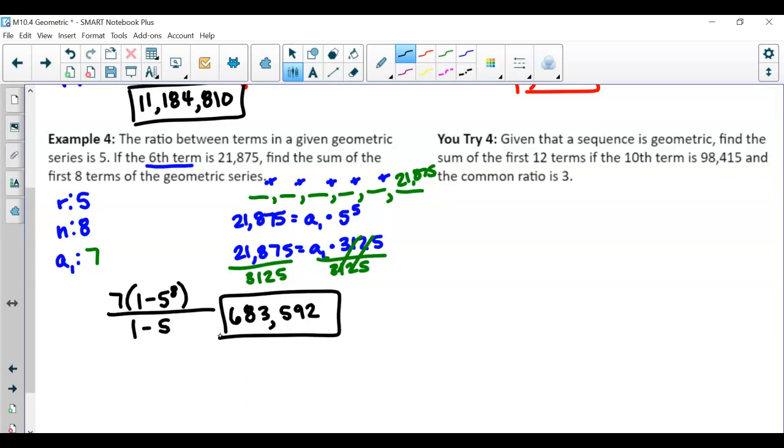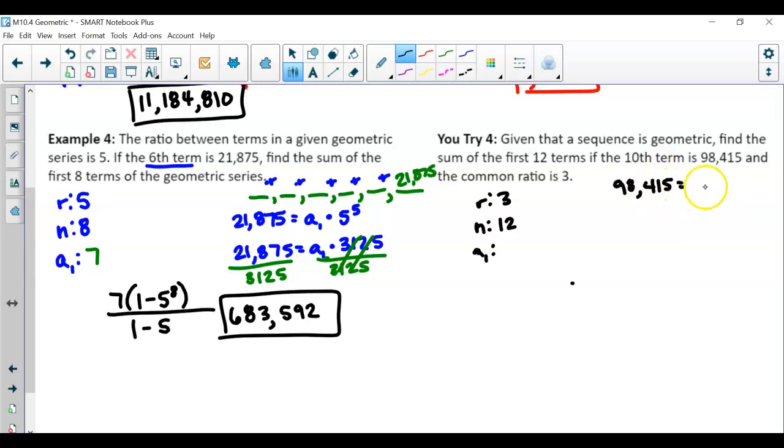And here we go. So here you are looking for the sum of the first 12 terms given the 10th term, and the common ratio is 3. So we know that the ratio is 3. We know that we're looking for the sum of the first 12 terms, but again, we are trying to figure out what is the first term. Well, we know that the 10th term is